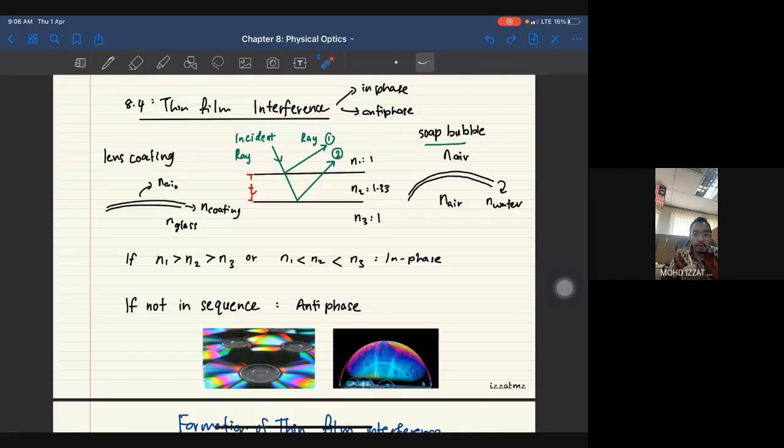You have to read carefully. Application dia, coating tu untuk reflective ke non-reflective. You can see the lights or you cannot see the lights. Kalau you can see, that means dia adalah constructive. Kalau you cannot see, dia adalah destructive. Okay, some student dia confused. Dia kata, you can see